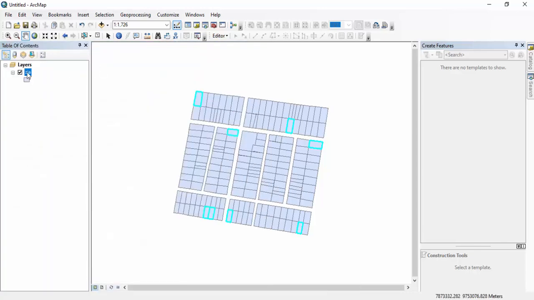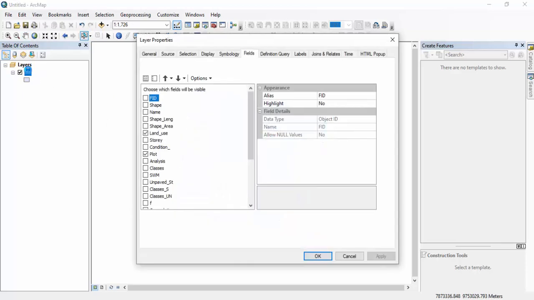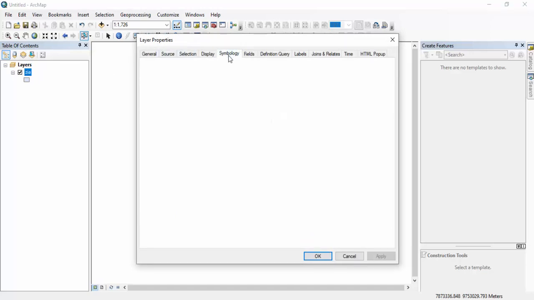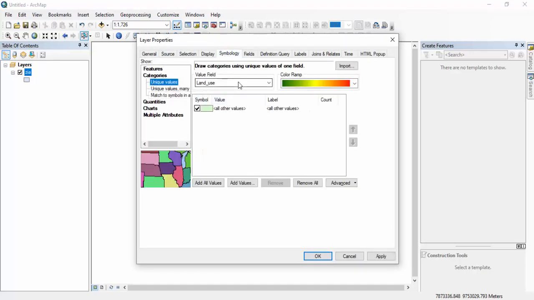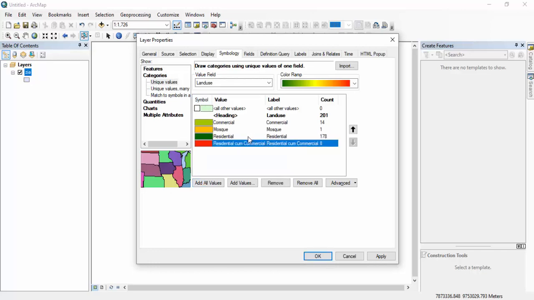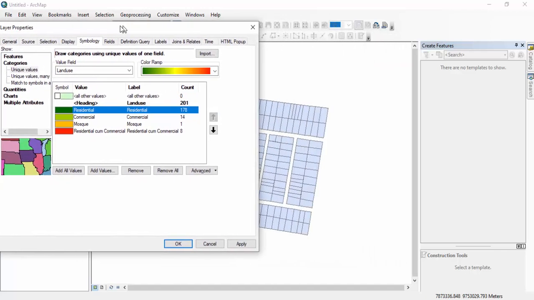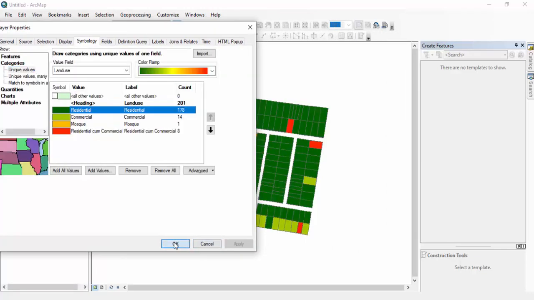Now we are going to see the open attribute table. Just double click on that one. You can see the symbology at the left side of the field, and now go to categories, and now I am going to mark land use one and uncheck this, add all values. I want to add all of these, and you can see the last one. First it was just R, C, M and RC. Now it is fully residential, commercial, and residential commercial. First I am going to apply this one and you can see the map.